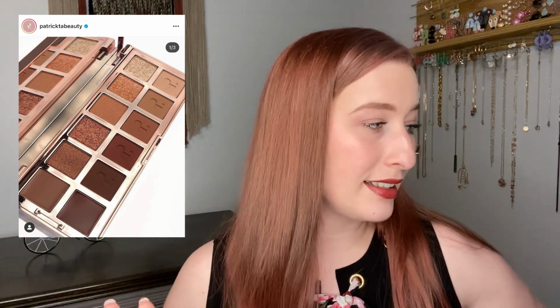So first up, I've got 2 products from Patrick Ta. The first one is the eyeshadow palette. This is the volume 1 that he released, I think last year. I know that volume 2 came out and everyone has been obsessed with it, but you guys, I have those tones in my collection. I feel like especially the new nude palette from Huda has very similar tones to that second volume that just came out, and I already don't use this one enough, so I don't really need that